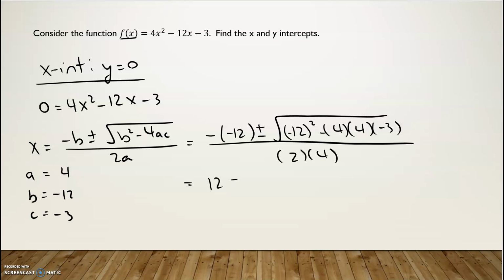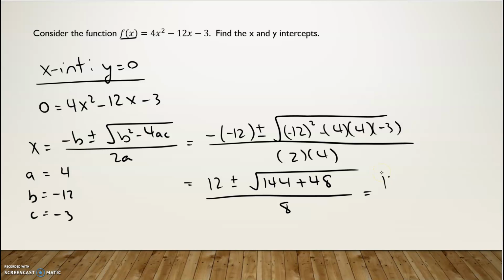So that will give us 12 plus or minus the square root of 144 plus 4 times 4 is 16, and then 16 times 3 is 48, all divided by 2 times 4, which is 8. Okay, this gives you 12 plus or minus the square root of 192 over 8. Okay, and then 192